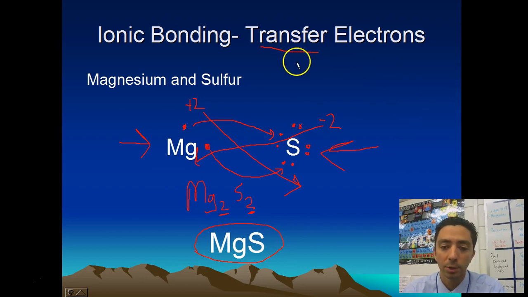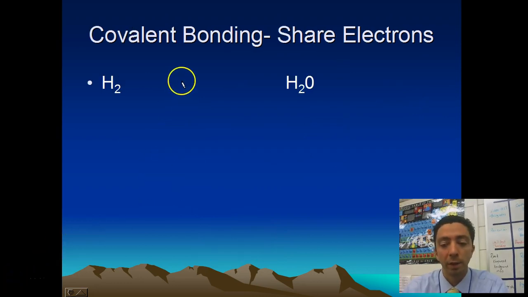When we're transferring electrons, we have charged particles. Because of those charged particles, they can conduct electricity when we dissolve them in water, right? This negative charge and this positive charge are going to be very conductive when you break them apart into these ions. All right, the next step I'm going to show you is covalent bonding, and in covalent bonding, we're